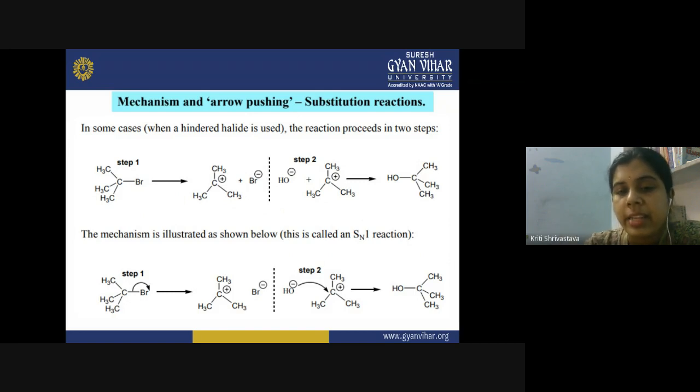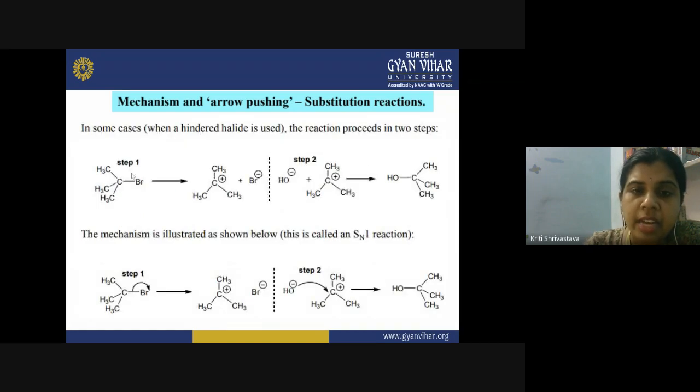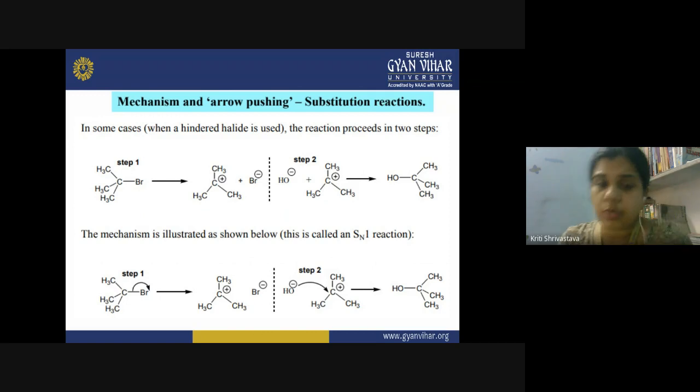The earlier reaction mechanism is called the SN2 reaction mechanism, because the molecularity of the reaction is 2. So the rate of the reaction will depend on both the concentration of the hydroxide and the concentration of the alkyl bromide. But in the second case, the rate will entirely depend on the concentration of the alkyl halide, because the first stage is the ionization stage. The second step is a very fast step, so it will not determine the rate of the reaction. In this manner, the reaction mechanisms for different nucleophilic substitutions can be discussed.